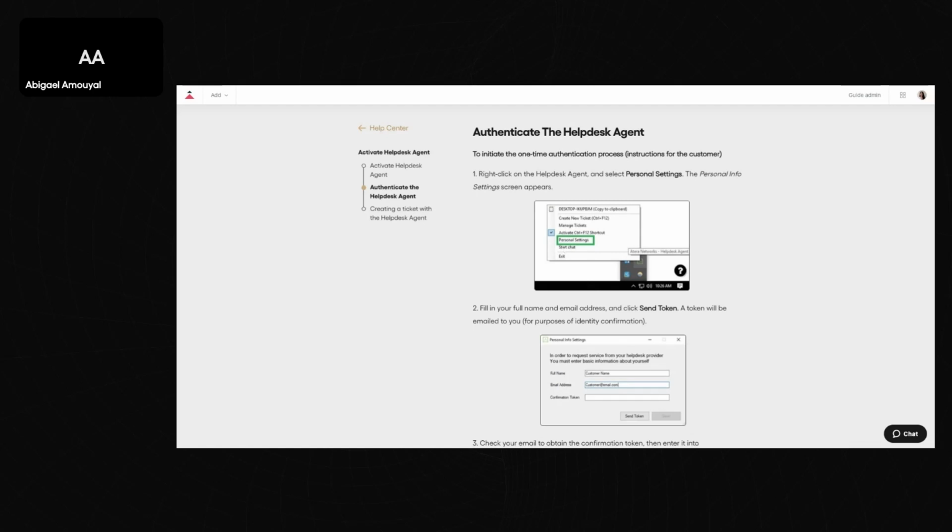So if they start a chat with you, once you close the chat, that will open a ticket directly in your portal, and all of the history of the chat will be saved. All right, going back to